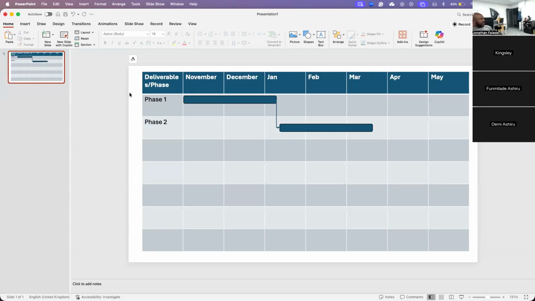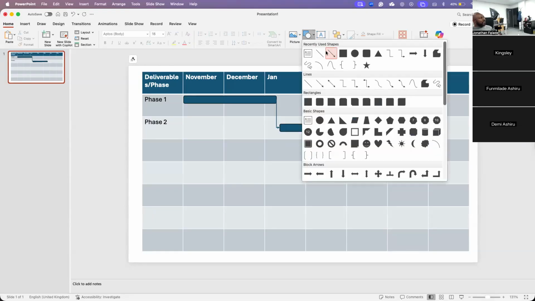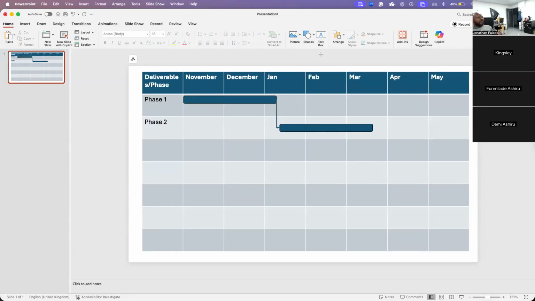So that's important. Now, another thing that is critical to this is I actually need to show where exactly we are at this point in time. So again, go back to shapes. And I'm saying that there are tools that can do this, but for the sake of simplicity, most businesses stick to this because they already have it. So they just make you use it. They're not going to go and buy an extra license for something that only one person is going to use, or however. Okay. So assuming now, right now, we are literally at the start of November.